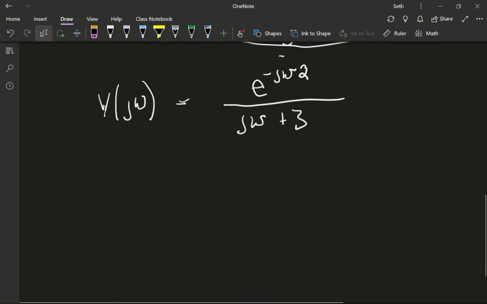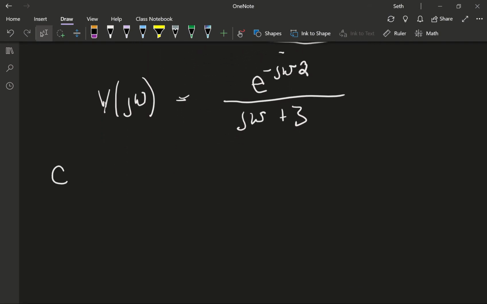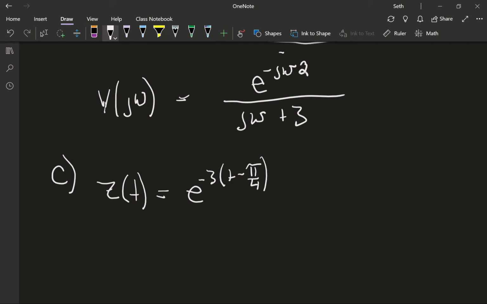version. Okay, and now we're at C, which asks us to find the Fourier transform of e to the minus 3 times (t minus pi over 4) times u(t minus 2). Okay,